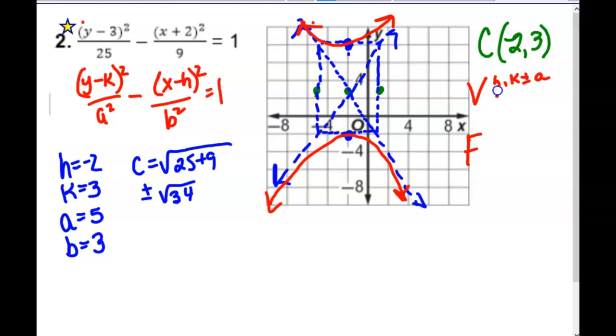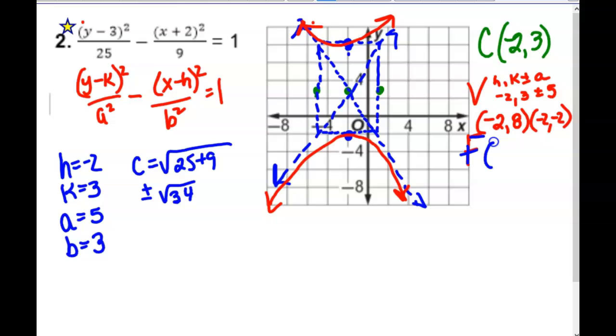So we would have -2 comma 3 plus or minus 5. Can you give me those actual ordered pairs, guys? -2, 8, and -2, -2. Everybody good? You need to actually tell me the ordered pairs. All right, then the foci,